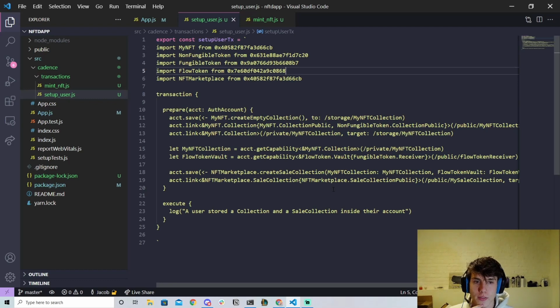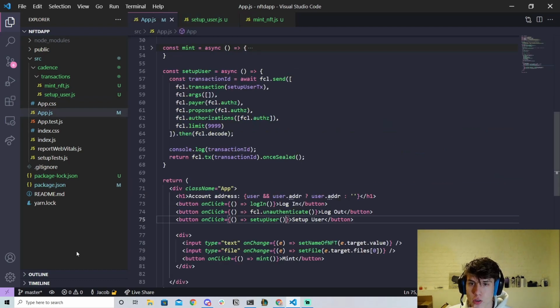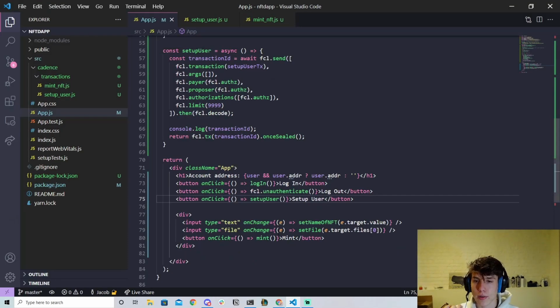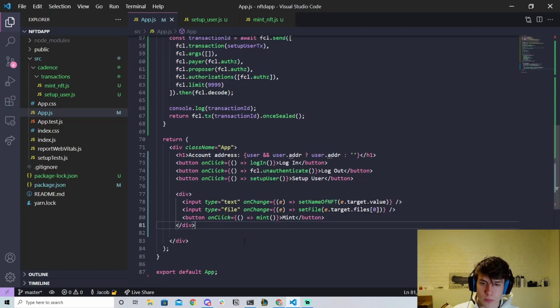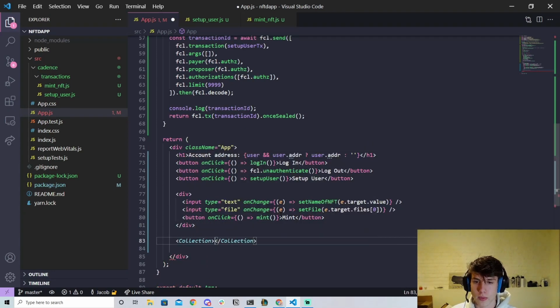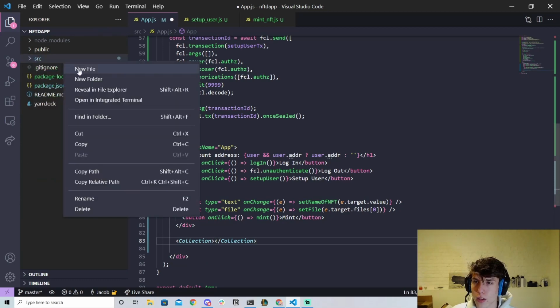So now that we have done all of that, let's go back into the app. And now that we've minted an NFT, we want to be able to see the user's NFTs. And so the question is, how can we do that? Well, we're going to do some cool stuff. So we're going to make a new component called collection. And so let's actually go ahead and make a new file called